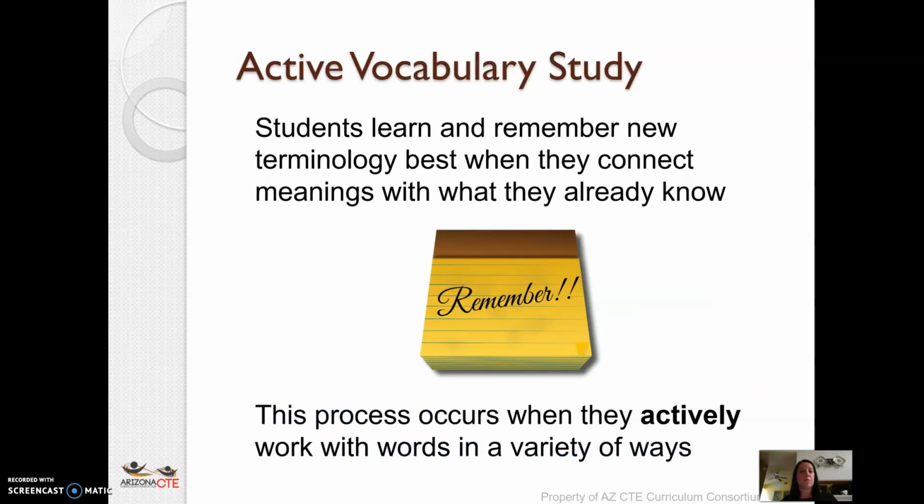Okay, students learn and remember new terminology best when they connect meanings with what they already know. This process occurs when they actively work with words in a variety of ways. So when you have your terminology, words that the students may need to know within a lesson, you don't want to just give them a list of words and say here, go learn them. You need to give them ways to actively learn those words,